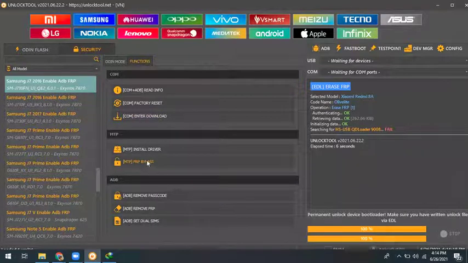A hard reset is easy, but if you get an error, you can connect with the COM port, and you know COM port is download mode or recovery mode. Simple: press volume down, power key and home button. It will go into download mode, and you can directly factory reset that phone, as well as erase FRP.